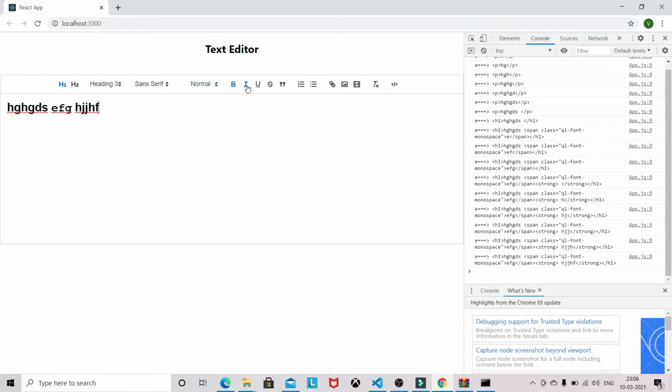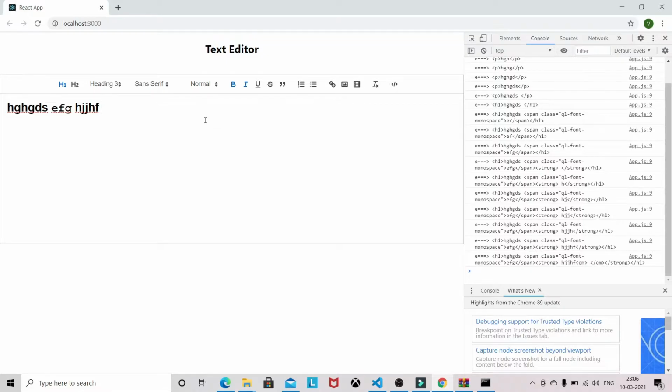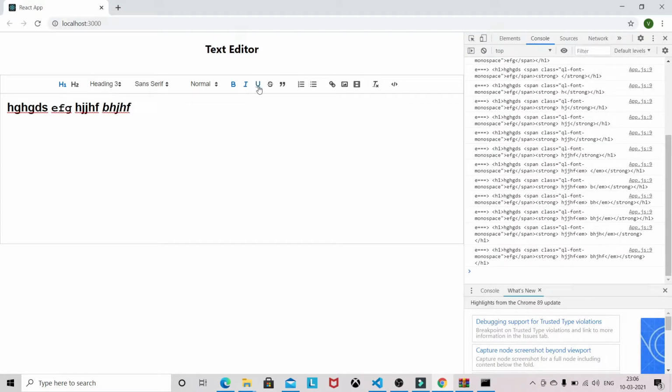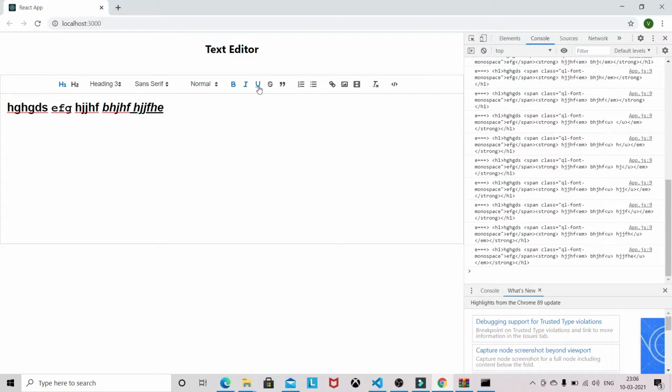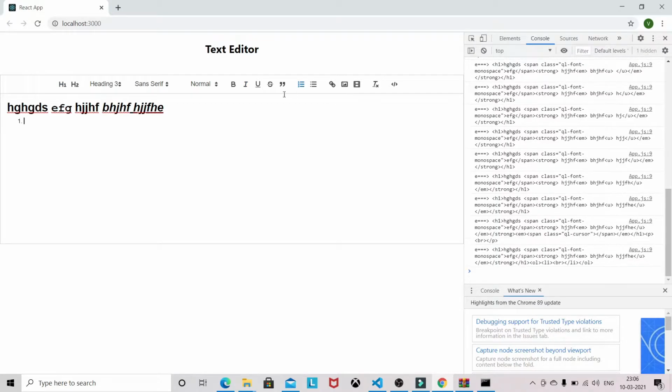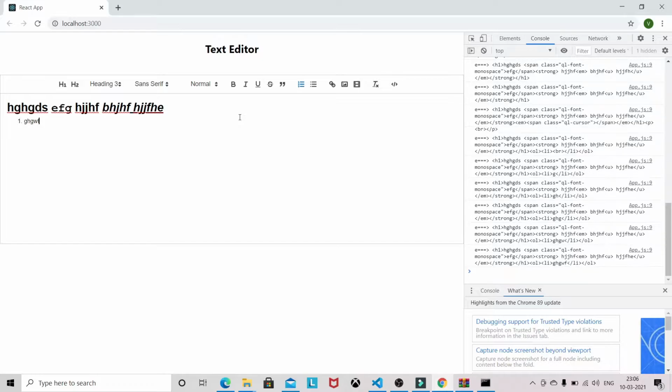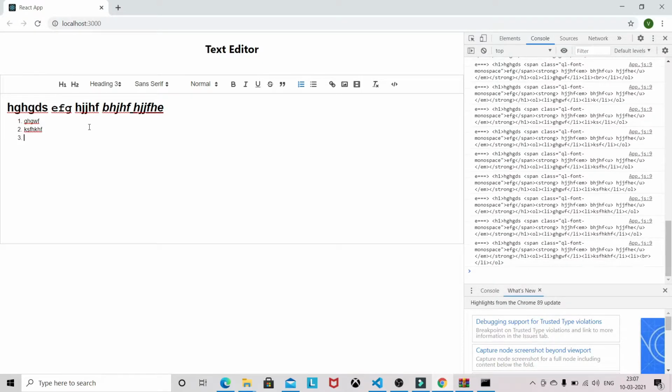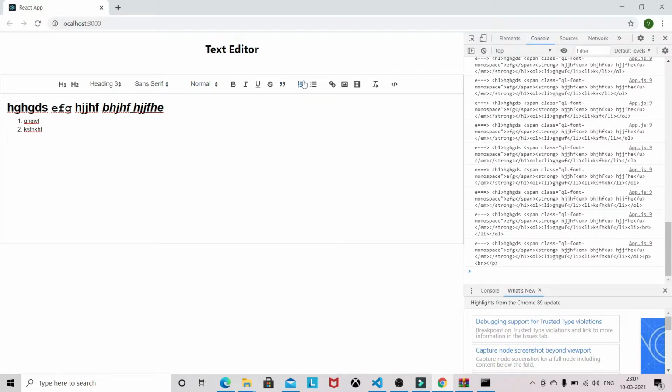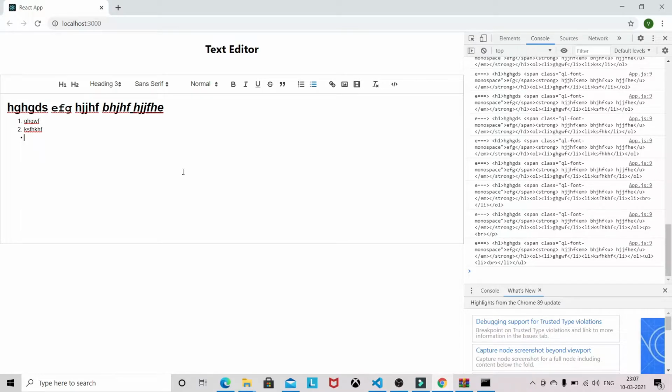Letter, italic. So a combination of bold and italic. You can give underline. You can give a combination of bold, italic, underline, and you can also give list items, either using a numbered list item, or a dot list item.